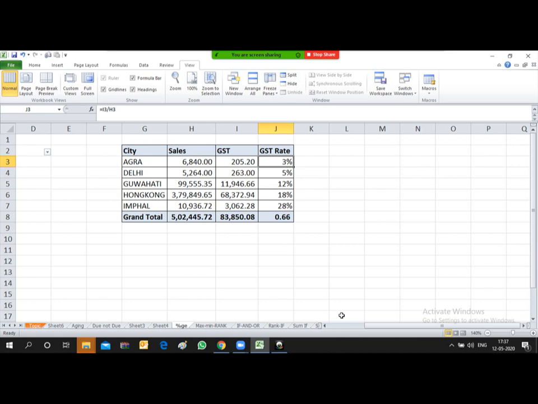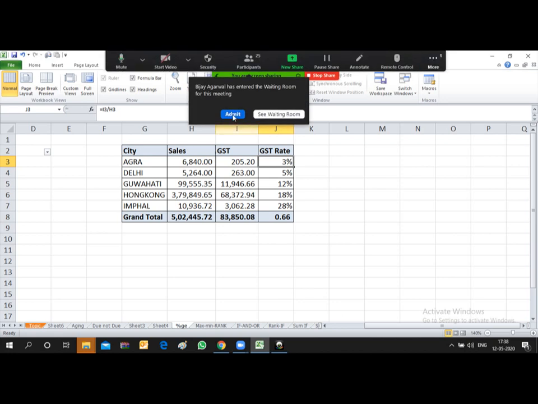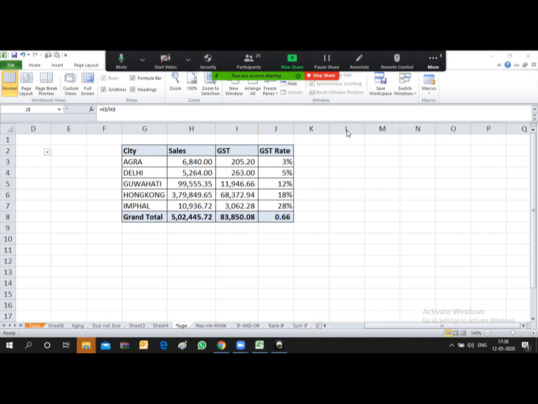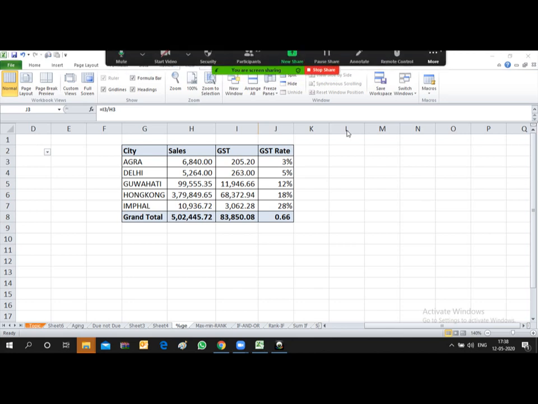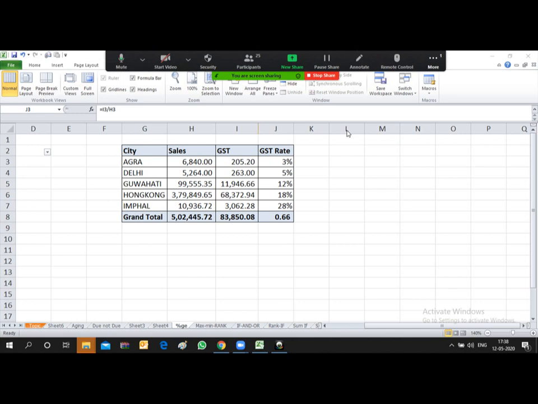So let's see how you can protect cells and protect the worksheet. There is even an option to allow the user to insert rows and columns. So you can allow some flexibility to the user of your table to insert a row, insert a column, or edit the format. There are many options available. So let me just start. Like this, protecting sheet, worksheet, and cells. I'll cover protecting of cells first.